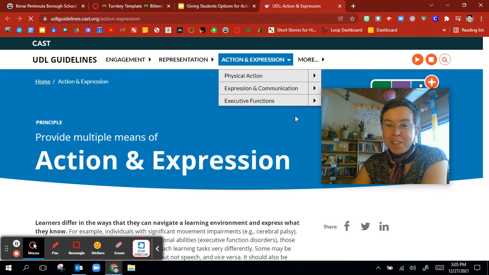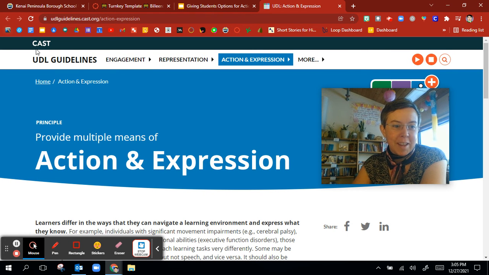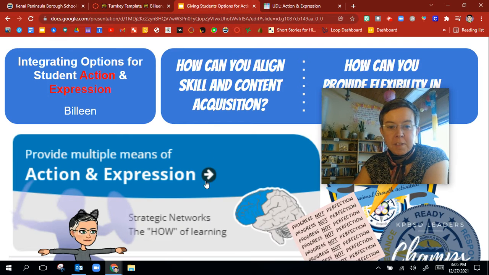And I went to the website. This is what it looks like. It's from CAST and udlguidelines.cast.org. But going back to the slides,